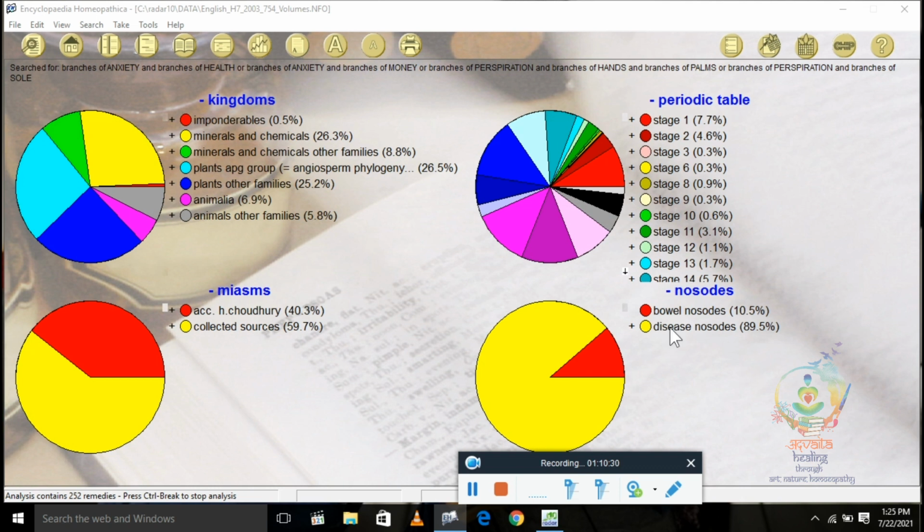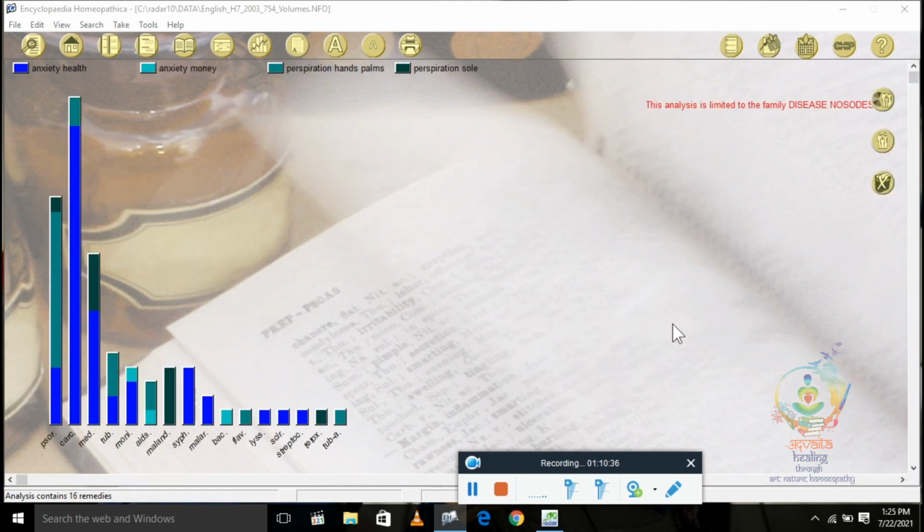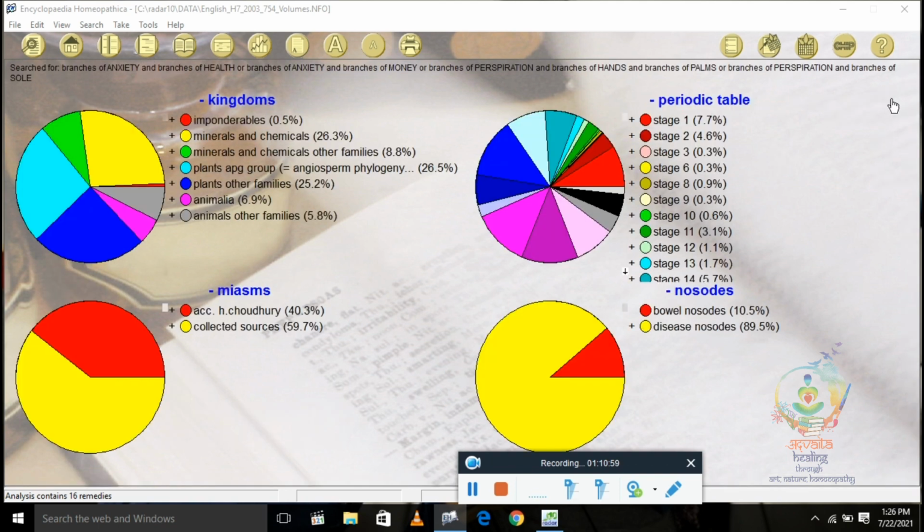You can put the cursor on disease nosode here and double click on it, and all nosode remedies will appear. Now let's see the first one, Sorinum, which is covering 3 symptoms: perspiration, soul, perspiration, palms, and anxiety, health. Anxiety, money, it is not covering. Carcinosinum is covering 2 symptoms, and then Medorrhinum, 2 symptoms.